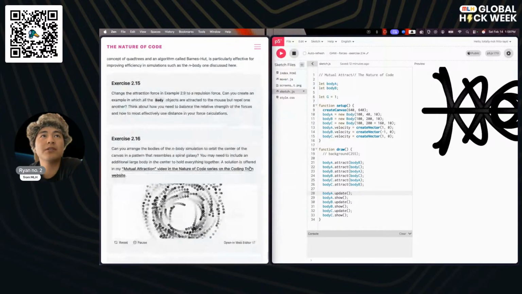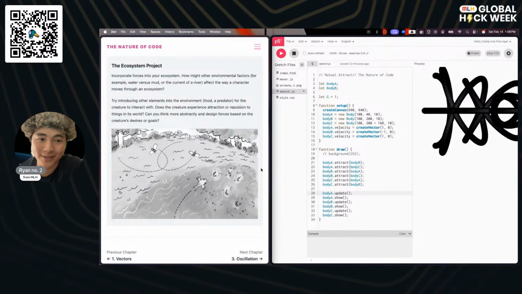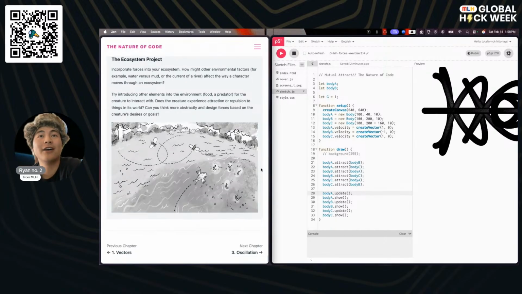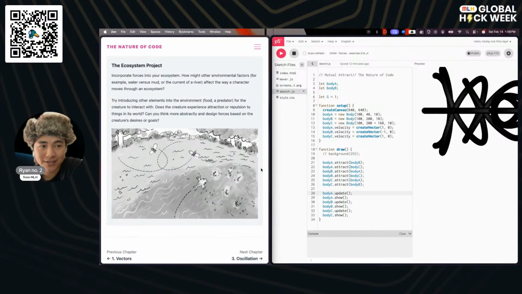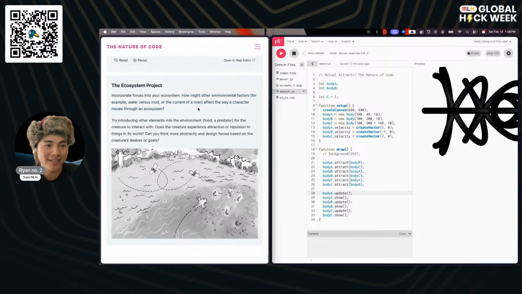We just about finished the forces chapter. So that means the next time we continue on the Nature of Code workshop series, we will be working on oscillations. I'm not entirely sure what's going to be inside oscillations. I assume we're going to be working with springs, maybe some wing flapping, so we can get some more accurate birds and bugs. I also really like where the chapter ends with getting us to think about how else we might be able to use the methods of attraction that we have discovered within this textbook.